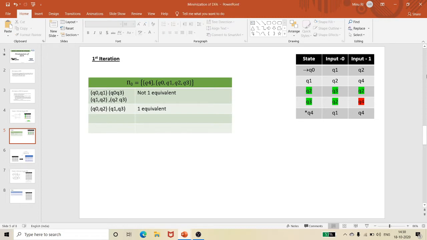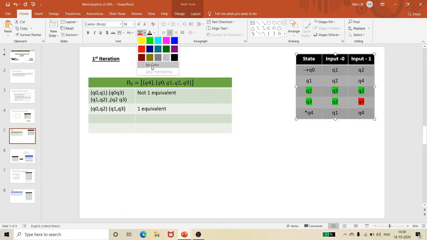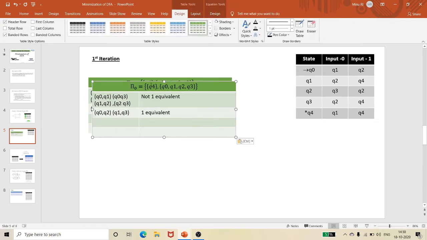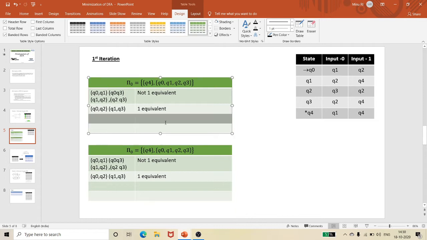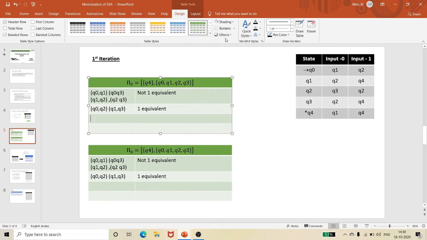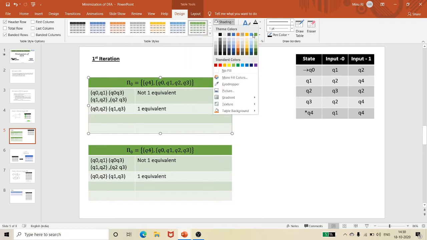Now we can see that this particular problem has 5 states. Q4 is already in a single set. So here we have only 4 states, where these two become a set and these two become a set. So for my next iteration, this is going to be my output. Let me merge a cell and put some green color.